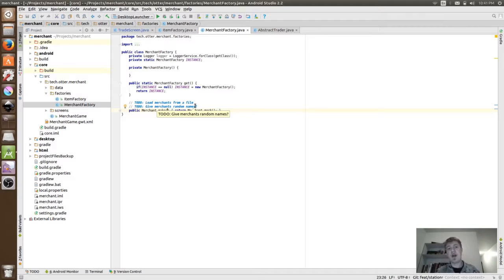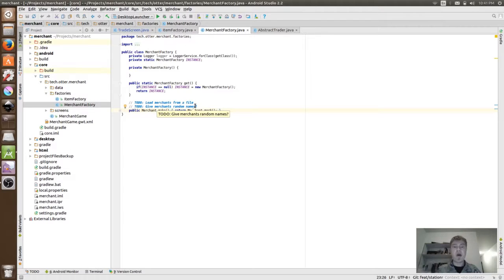If you read the Gang of Four, they talk about it more from the idea of a factory. I may create a merchant factory, but then I may have multiple subclasses of merchant factory, and depending on the subclass that I choose to instantiate, I can change the behavior of the merchant factory, if that makes sense. So I can start with a basic merchant factory, and everyone who uses merchant factory sees, oh, it's a merchant factory. But then when I actually create the factory, I can put in,